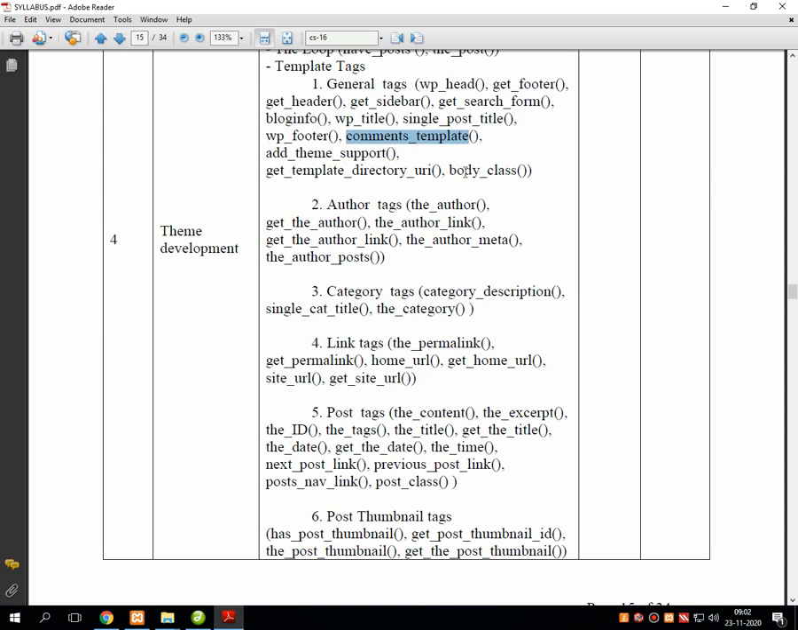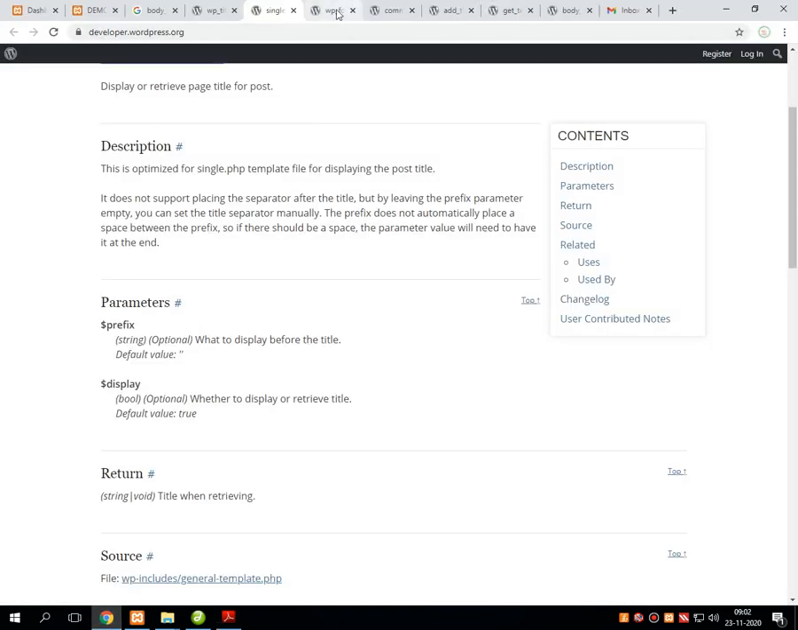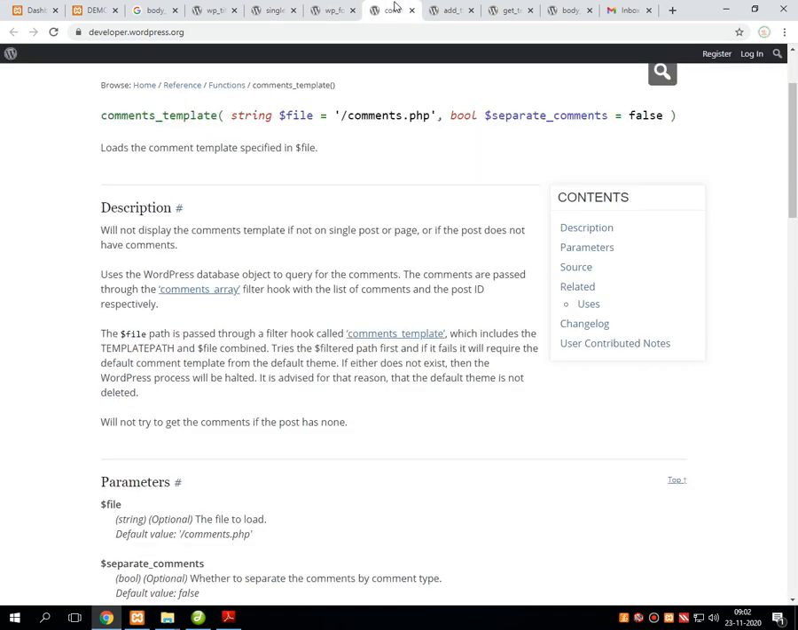Now as the name suggests, this comment_template is related to the comment section of the entire web page. As we know, users can provide their valuable comments on the post which is created by the administrator. All those comments are handled by the administrator on the admin part. So this particular WordPress hook will display all those comments onto the screen, and this function is mainly handled